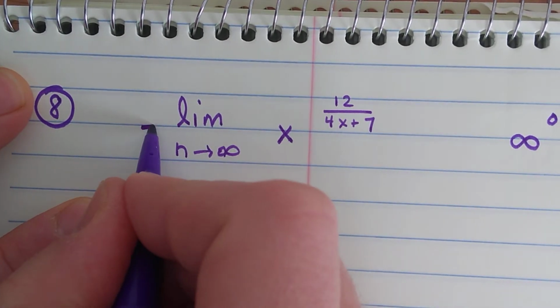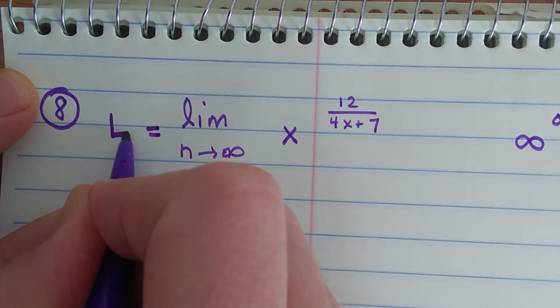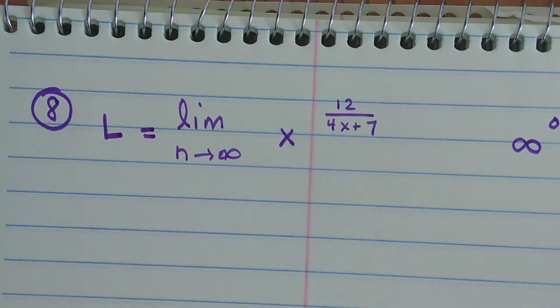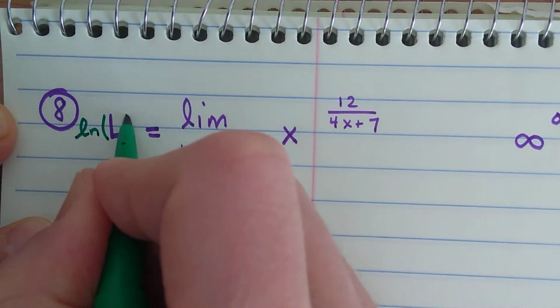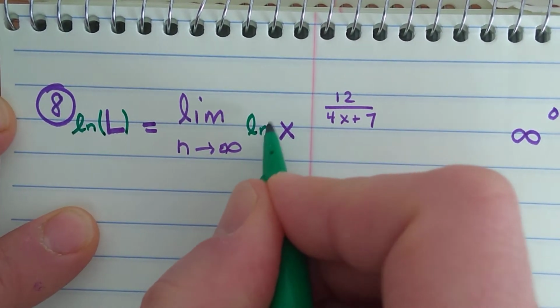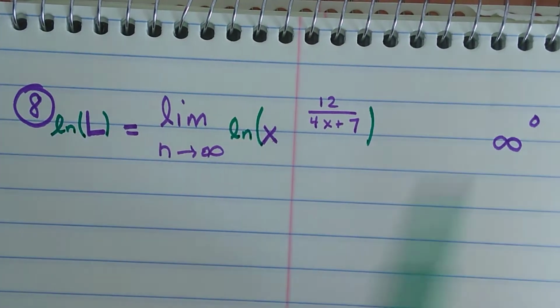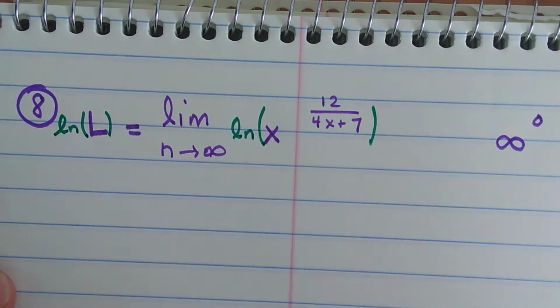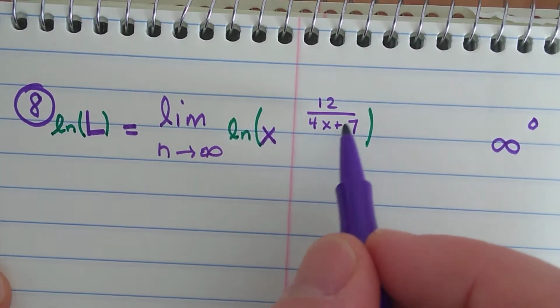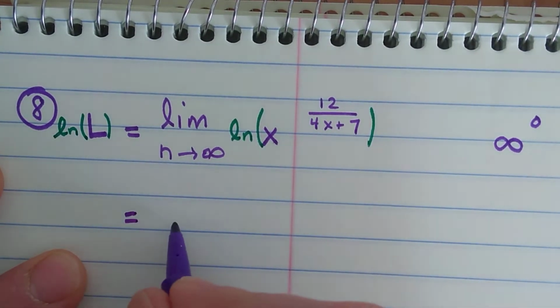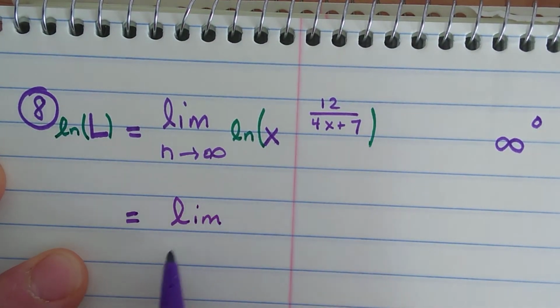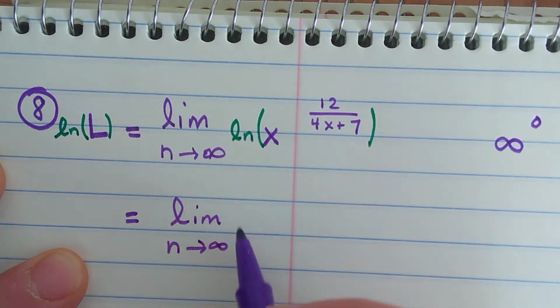First thing you're going to do is define the answer as L for limit. The second thing you're going to do is take the natural log of both sides of this expression. Now, why do we do that? Answer: if we do, using the power rule, we can take this exponent and bring it in front. When we bring this exponent in front,